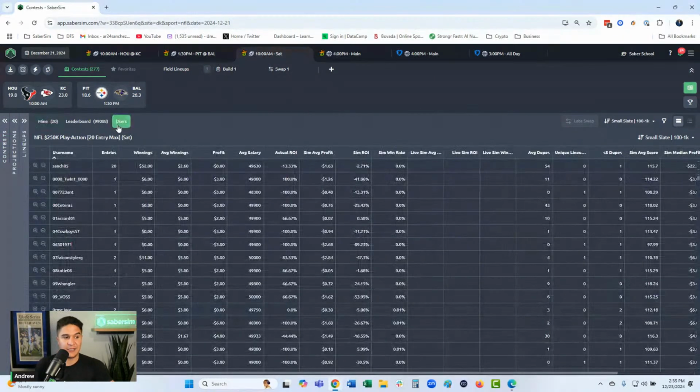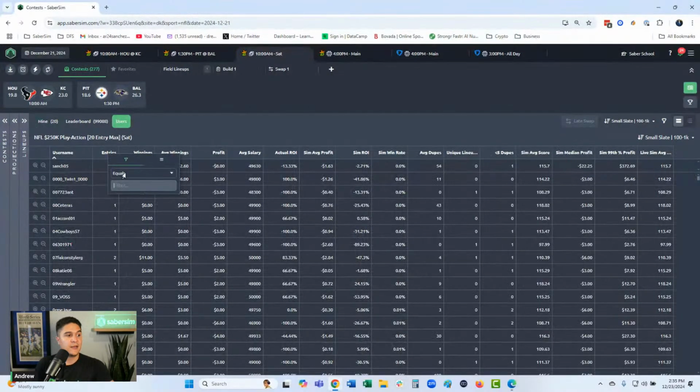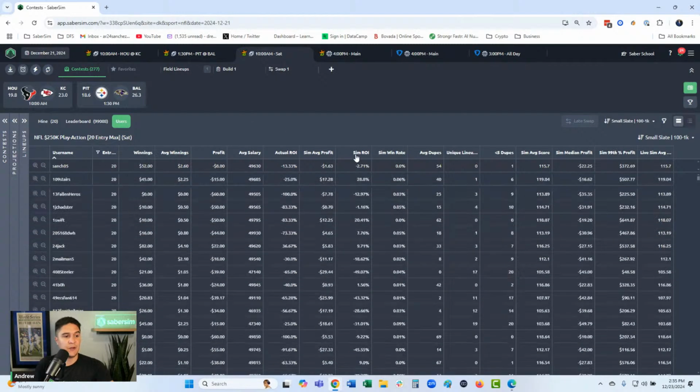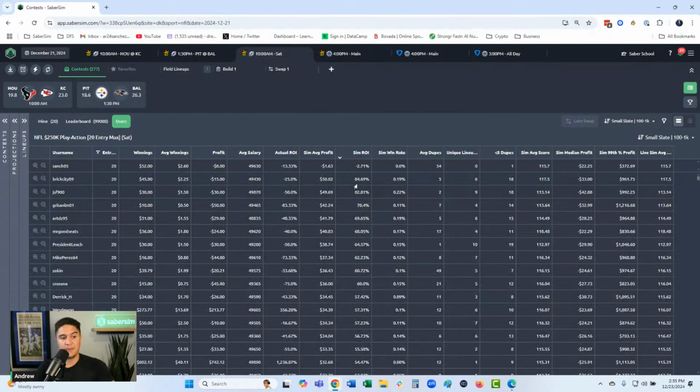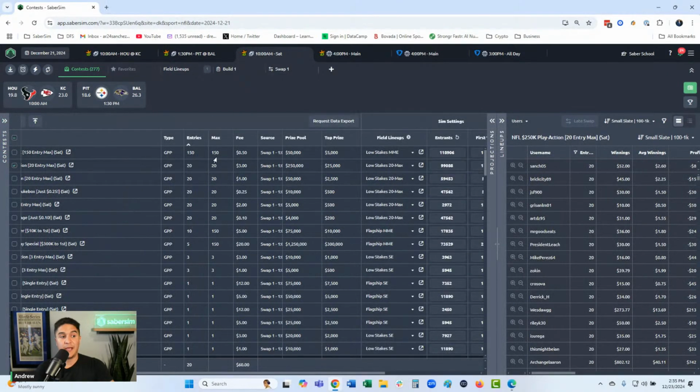And I think that's a normal line of thinking. But then what if you go to the $3.20? Hey, you can get up to 50% plus sim ROIs, like the highest is 85, right? You should definitely be playing the $3.20 max before playing the 50-cent mini max, even though the 50-cent mini